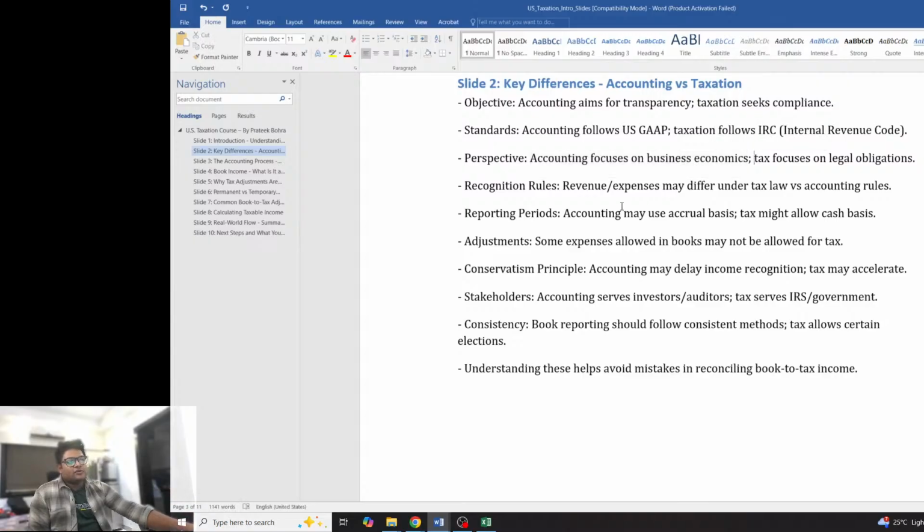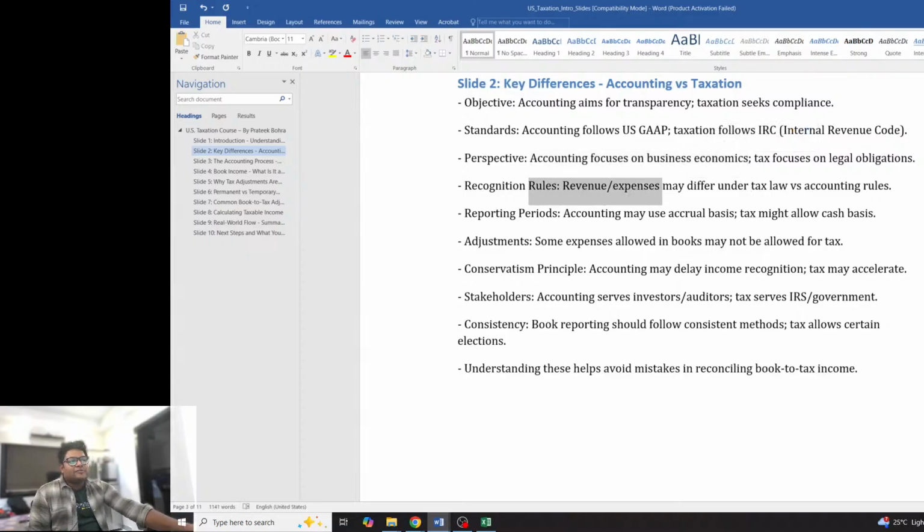So business economics, that's one thing. What they mean here is that accounting will accurately try to determine and classify the P&L and balance sheet items as per the business requirements, and they will come to it as per their understanding and globally recognized principles as per US GAAP. They will understand what the actual economics of the business are, whether they are actually making money or making a loss, what situation has happened over the year. That's one thing that accounting helps you to do.